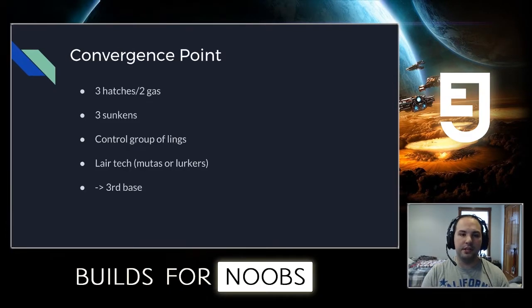So our big convergence point, if you ever get lost and you don't know where you are, either some sort of bunker rush happens, or a small marine attack comes in and you lose 6 drones, you have no idea what's going on, you forget a gas or something, or you accidentally go up to like 4 hatches because you forget that gas, etc. It's fine. So as long as we get back to this convergent point, it's going to be off of 2